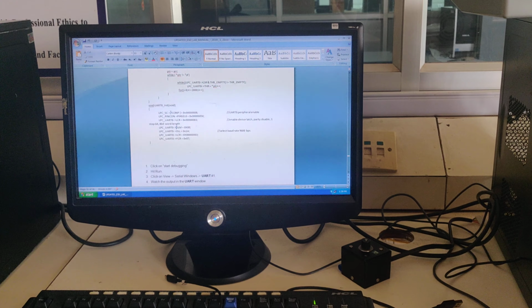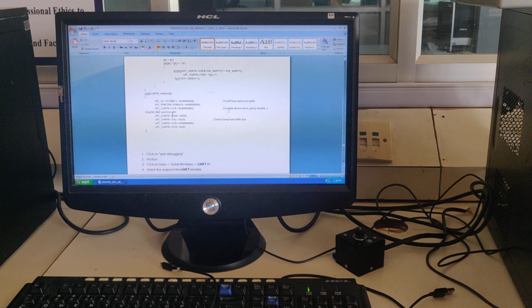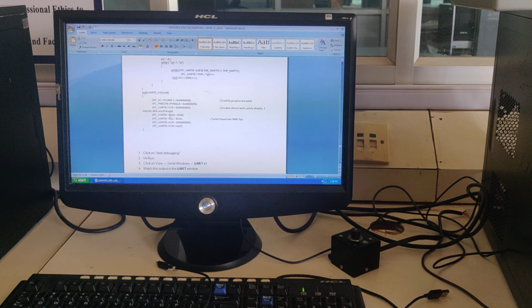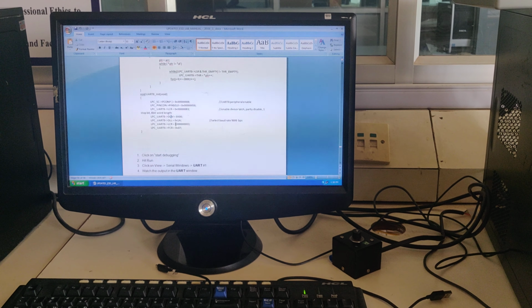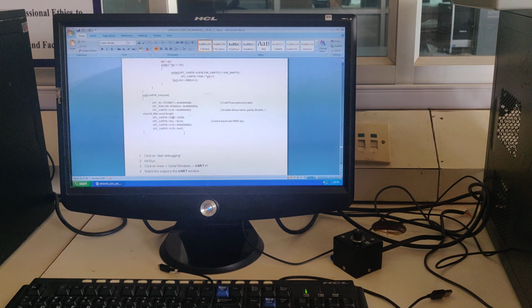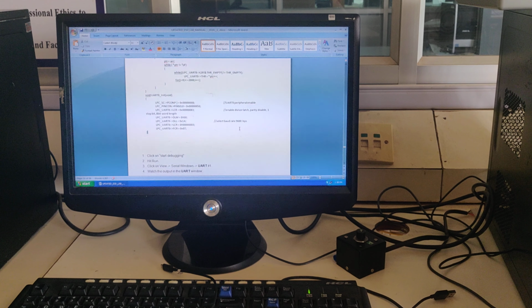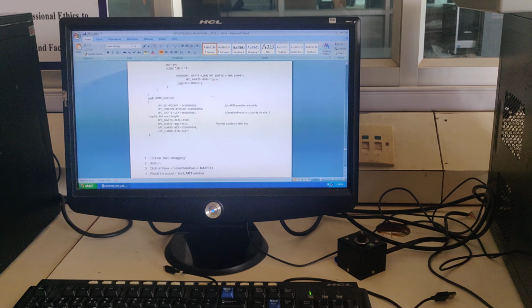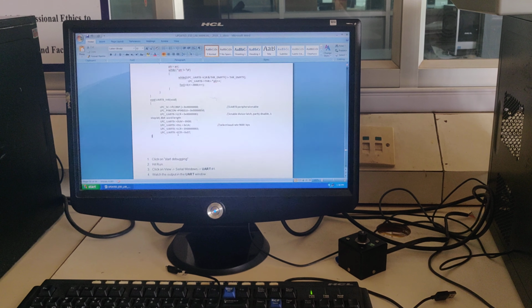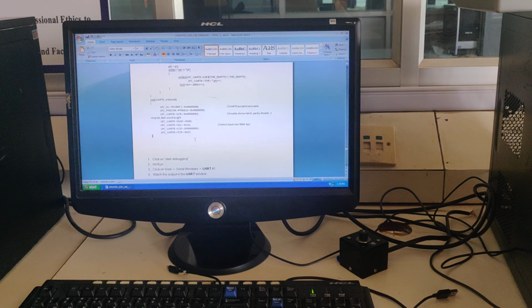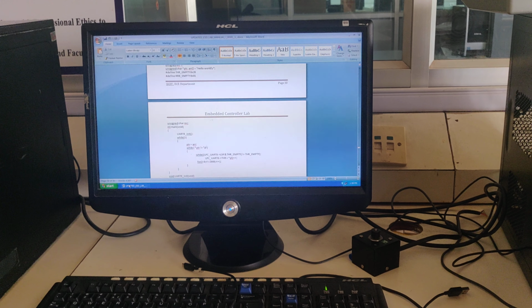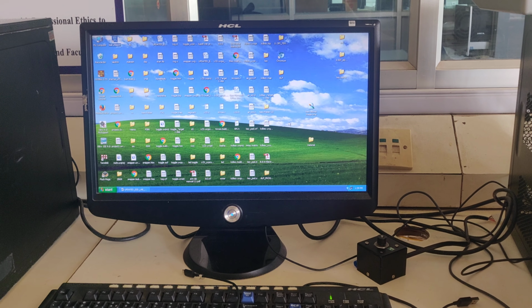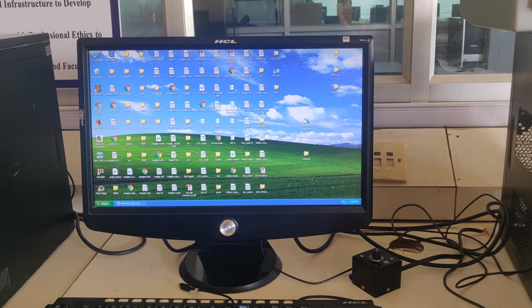In this we are configuring whatever pins are there using the port. This is the pin configuration, and then using the DLM, DLL, LCR and FCR registers and calculating the baud rate. I am calculating a 9600 bits per second baud rate using this DLL and then LCR, and FCR is the FIFO control register. And then I am going for program execution, with the same procedure, the same steps we are following.